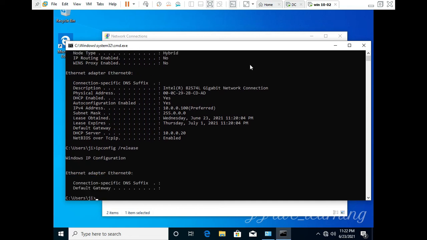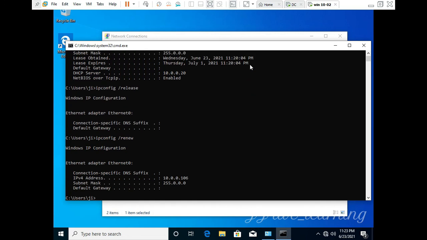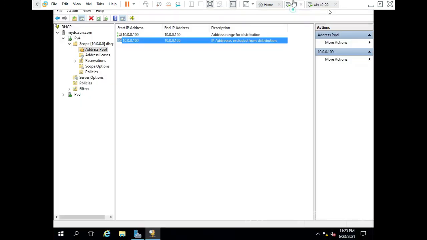So release is the command to remove the IP address and renew is the command to get a new IP address from the DHCP server. So you will get the IP address 10.0.0.106 registered on my client, due to blocking of 10.0.0.100 to 105 on the DHCP server.